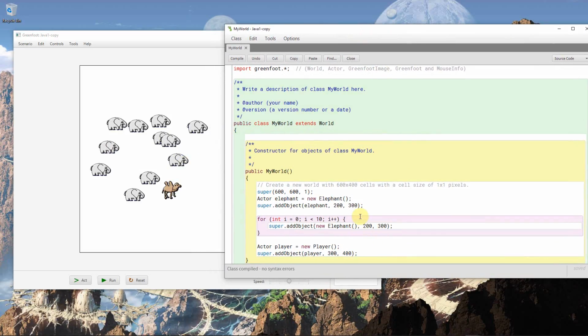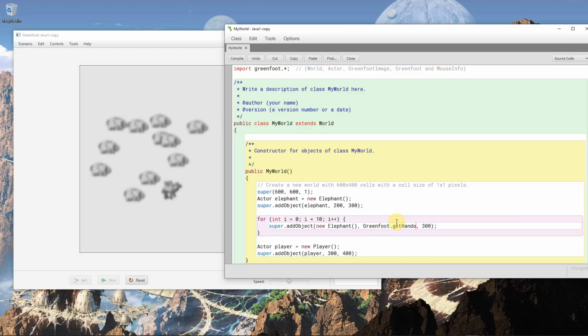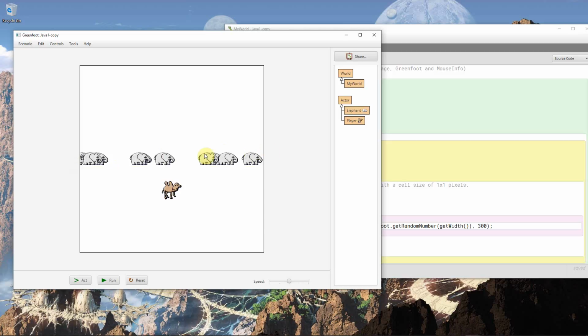Thankfully, Greenfoot has a function that we can use to randomly place our actors, and that is going to be Greenfoot.getRandomNumber. We can see here, if we replace our 200 x value with Greenfoot.getRandomNumber, in here we're going to need to put the width of our screen so that our elephants do not appear off the screen on either side. To do that, we'll just say getWidth, another parentheses there, and if we compile that, we should see that our elephants are now being placed randomly on the